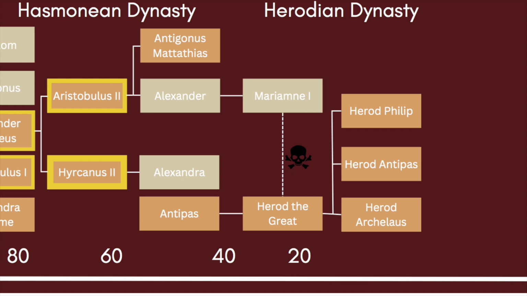Well, they have a client ruler, a guy named Antipas. Antipas says, you know who would be great to run my little plot when I die, or my sons? One of those guys is named Herod the Great. It's a good name to have, right? So at that point, now Herod is in charge. He kind of kicks the Hasmoneans out to the side because now Rome has said, we will place our people who we want to be. Antipas, then his sons, Herod. Herod marries the daughter of one of these priestly lines. He marries Mariamne the first, and so he is trying to get into there.